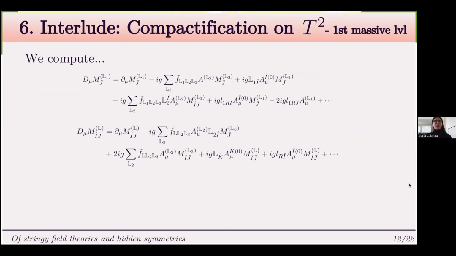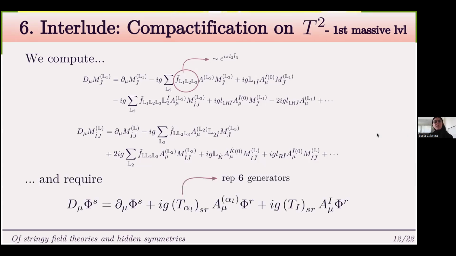So what can we do with these then? Well, we could in principle mode expand the covariant derivatives that we proposed, or the would-be covariant derivatives, which in principle might look nothing like a covariant derivative in the usual sense. And in here we have hidden the phases that we've talked about before into these Fs. But what we can do is require that they do look like covariant derivatives, in fact, in the current